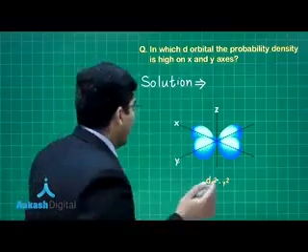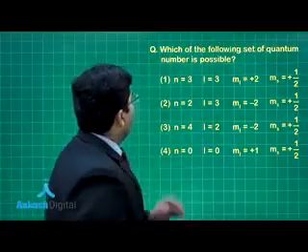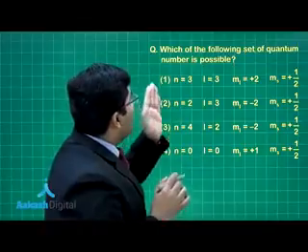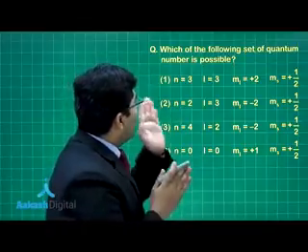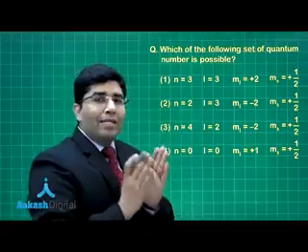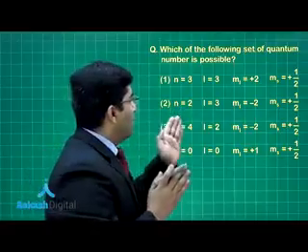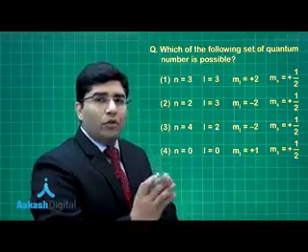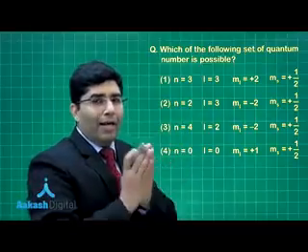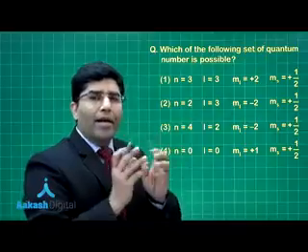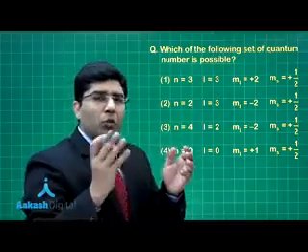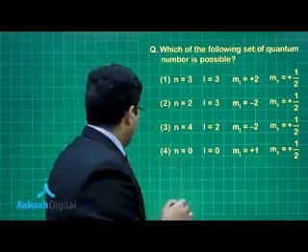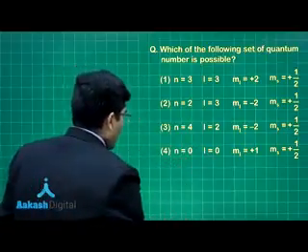Next, move on to the next question. Now in this question, the set of quantum numbers is given to you. He is asking which of the following sets of quantum numbers is possible. Whenever this type of question comes in an exam, there is a trick to solve it. This is a very important question which you will find in NCERT, your package, and any type of question paper, whether it is school exams or competitive exams. So let's solve it. Now the solution,